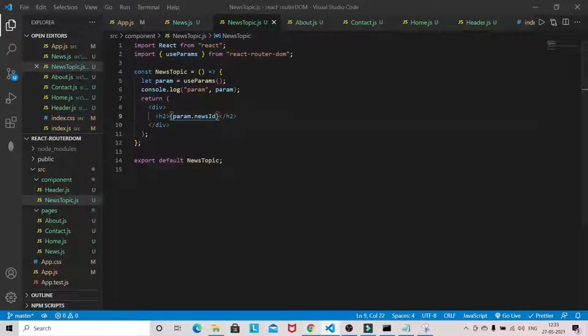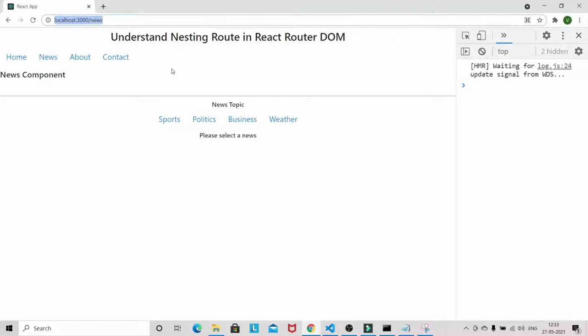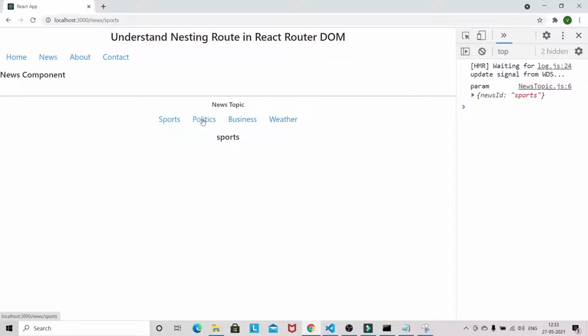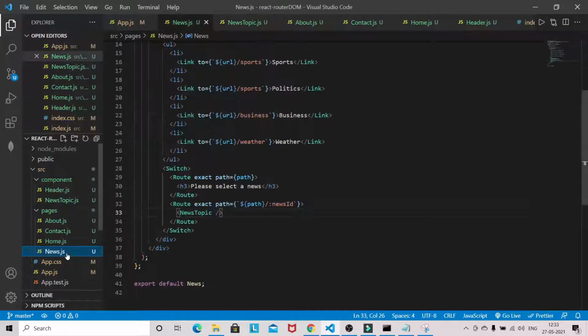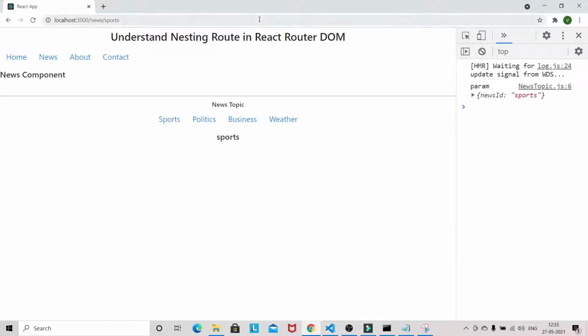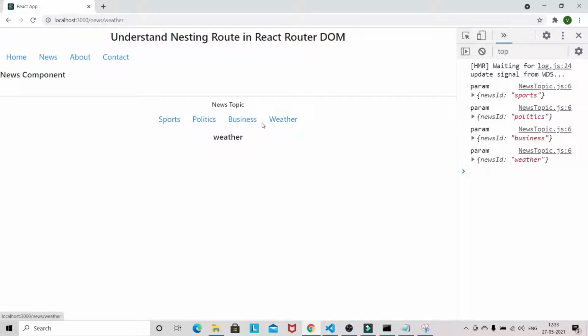Currently we haven't selected anything, so if you click sports, it will get changed. It's not changing for politics; I think I haven't changed the link here. It will be politics, sorry, my mistake. Let's reload. You can see that this is getting changed upon the selection of the nesting route.